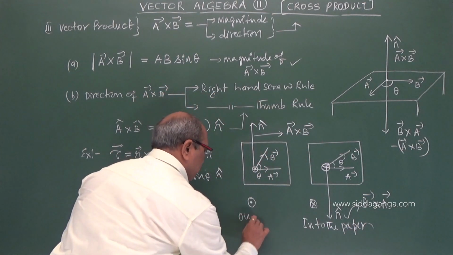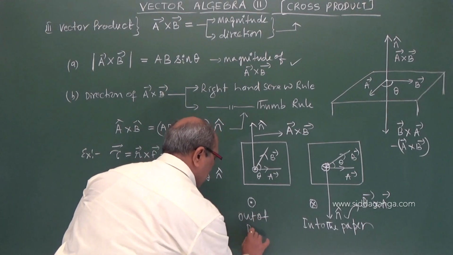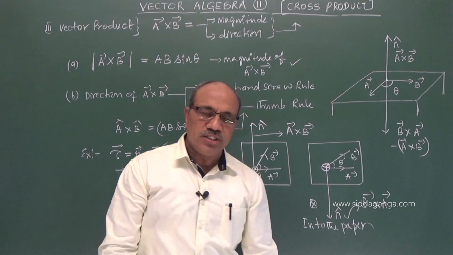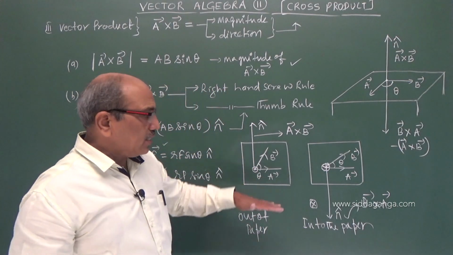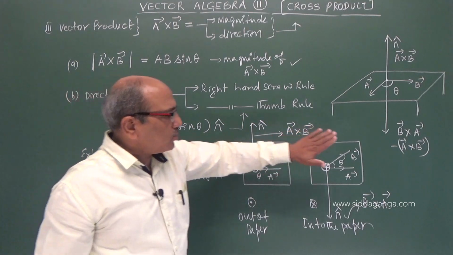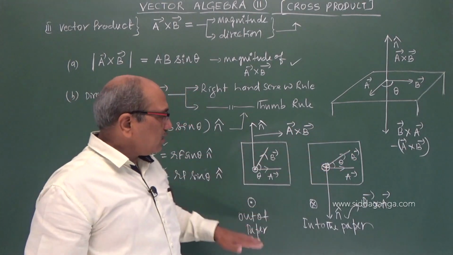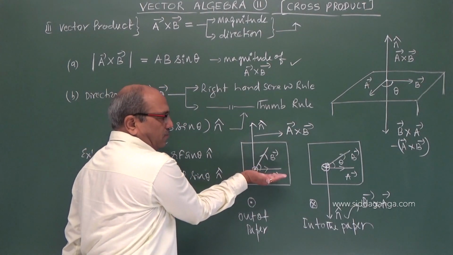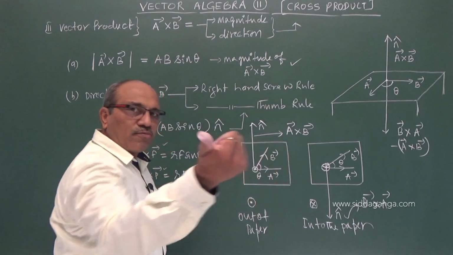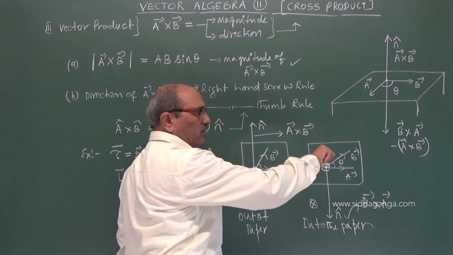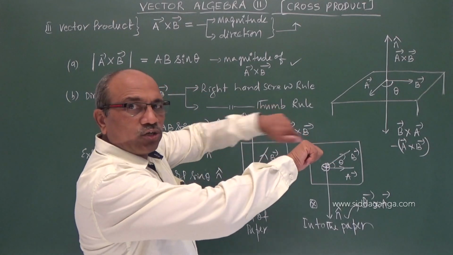The other one is out of paper or out of board. These are the usual notations we use in physics, because the third direction is special: both vectors are in the plane of the board. But when you apply the right hand thumb rule, going from A to B, the vector is out of the board. When you go from B to A, the thumb is that side, into the board.